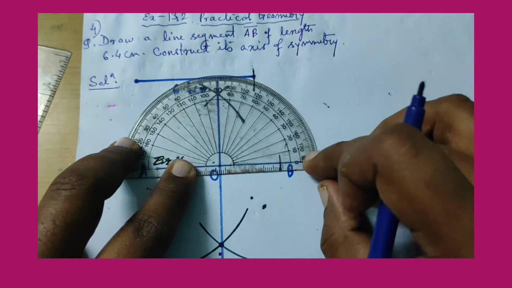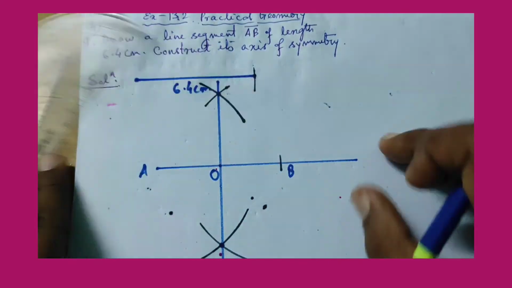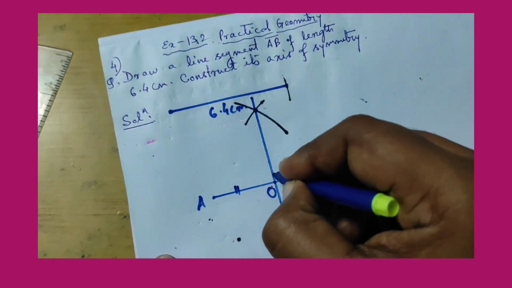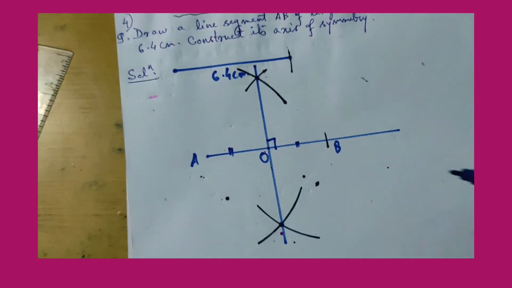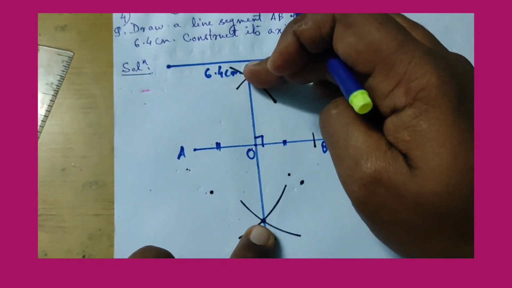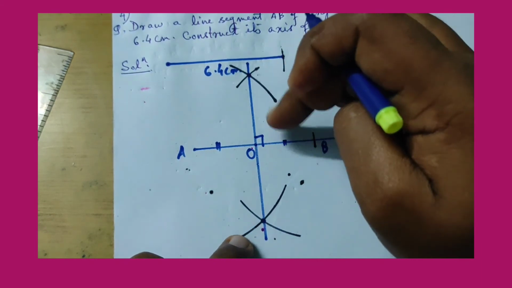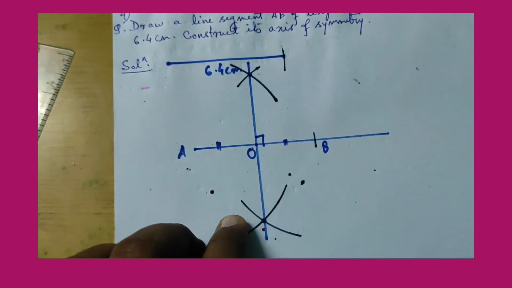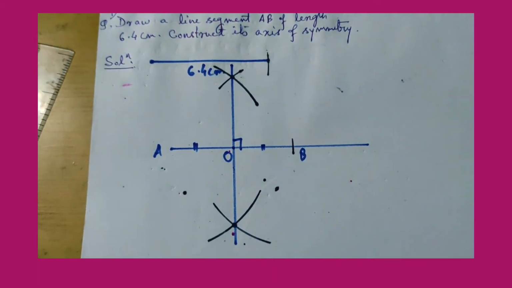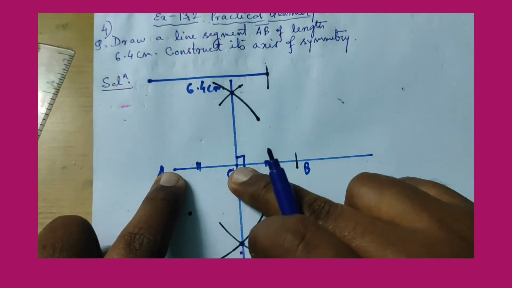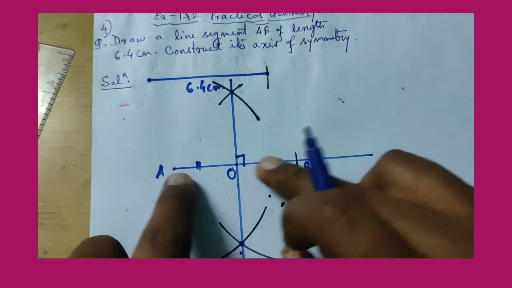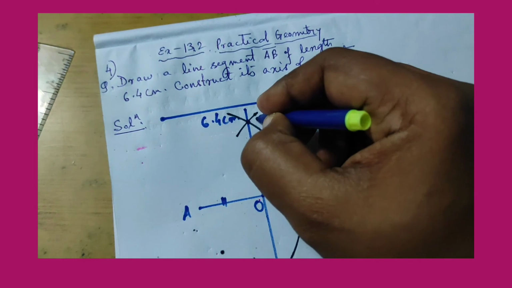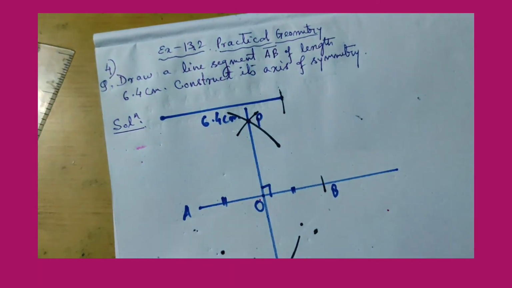Okay, so can you see? This line is perpendicular to this line. So this means AO is equal to OB. Not only this, this is also perpendicular. So that's why this line segment is called perpendicular bisector. Why perpendicular? Because this line we have drawn is at 90 degrees, and bisector means dividing into two equal parts. Bisect, dividing into two equal parts. So this means AO is equal to OB. I have shown you by measuring the line segments part by part. Okay, so let us name this line segment PQ.